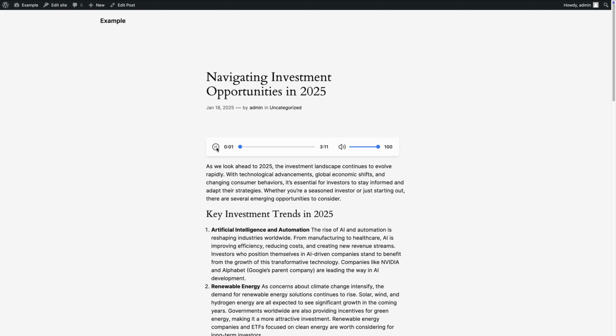As we look ahead to 2025, the investment landscape continues to evolve rapidly. With technological advancements, global economic shifts, and changing consumer behaviors,